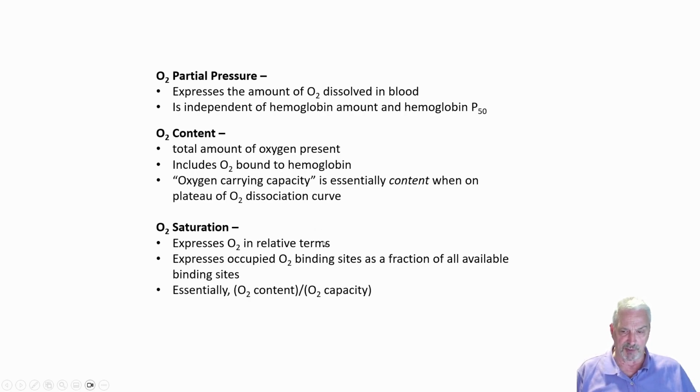And then the last one we're going to talk about is oxygen saturation, and that basically expresses in relative terms the oxygen content that is there. You can think of it as the fraction of binding sites on hemoglobin that are occupied by oxygen at any given time. So it's essentially the oxygen content divided by the oxygen carrying capacity,